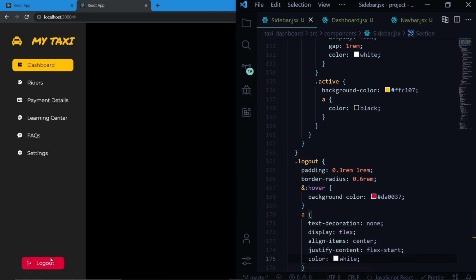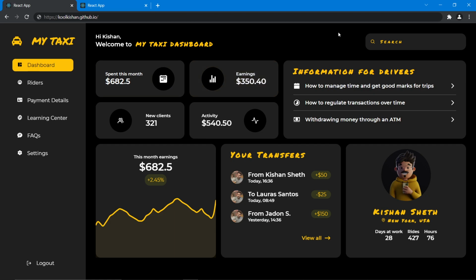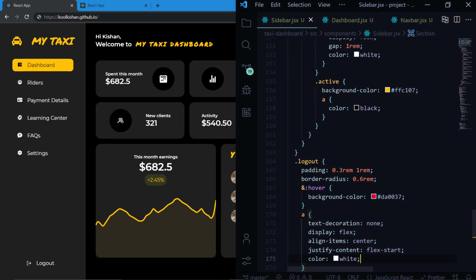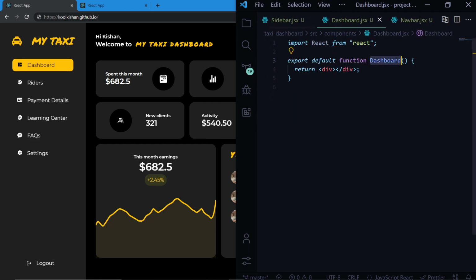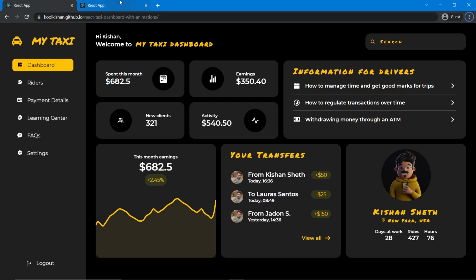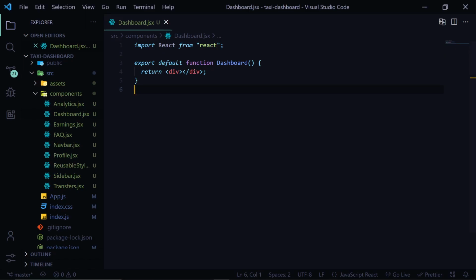Save it. Now let's hover over this. So yes, everything is working. So our sidebar is completed now. Now we are going to design this navbar. So for doing that, we'll make first the changes in the dashboard.jsx. So now we'll style this navbar. So head over to this dashboard.jsx. Inside this, first